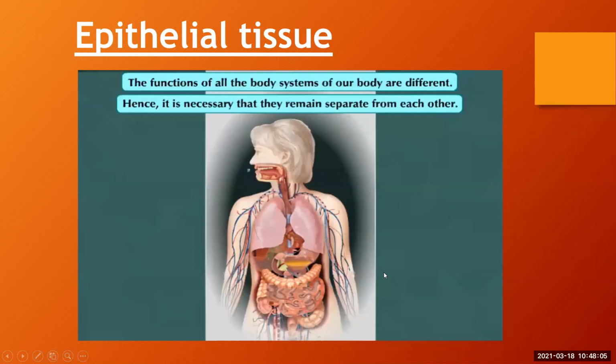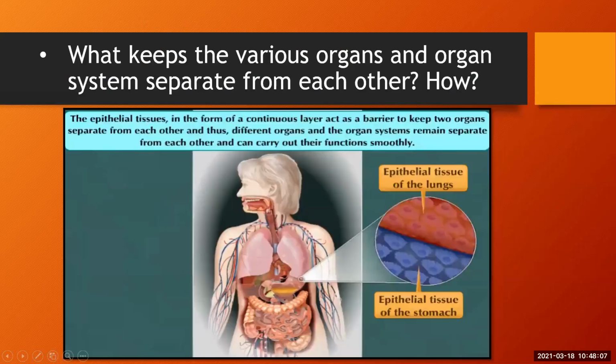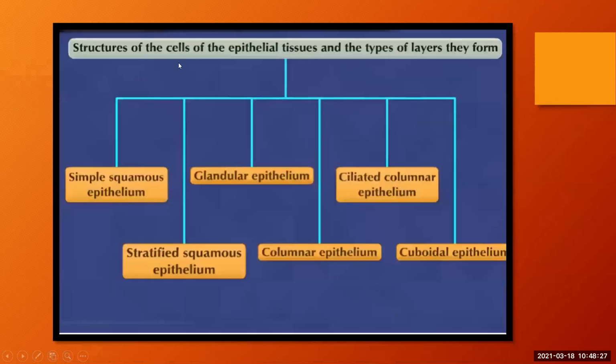Now, what keeps the various organs and organ systems separate from each other? As we have said, epithelial tissues in the form of a continuous layer act as a barrier to keep two organs separate from each other, and thus different organs and organ systems remain separate from each other and carry out their function smoothly. Now, there are the structures of the cells of the epithelial tissues, and the types of layers they form are: